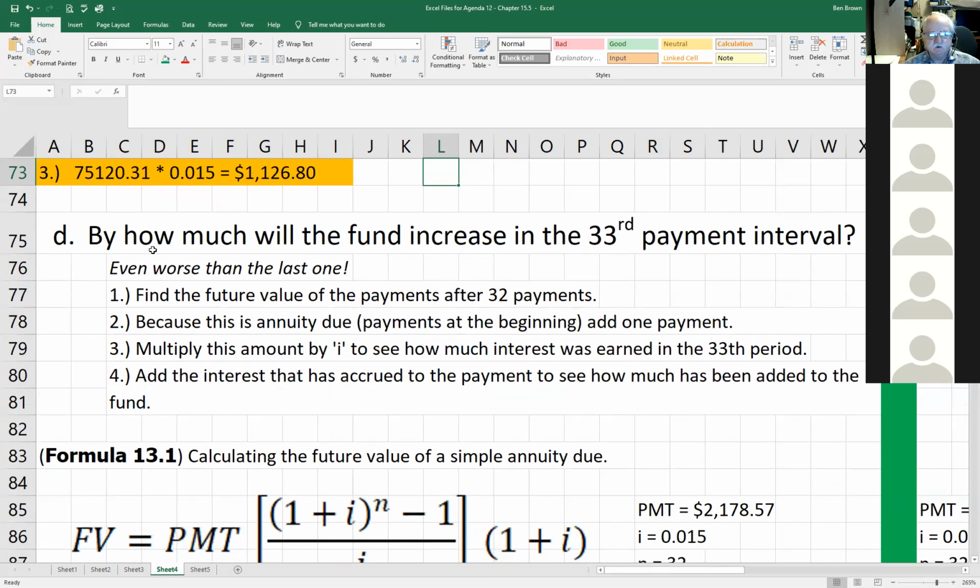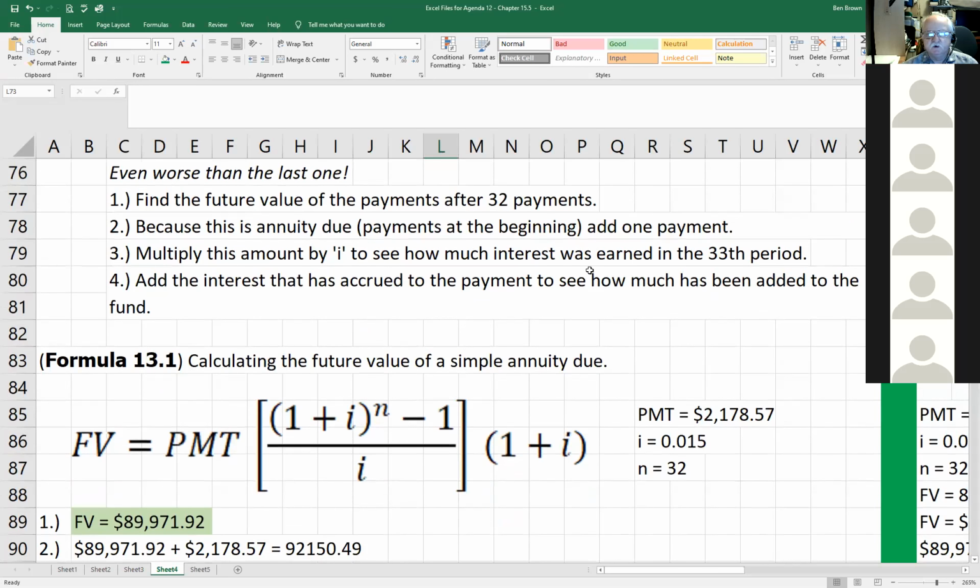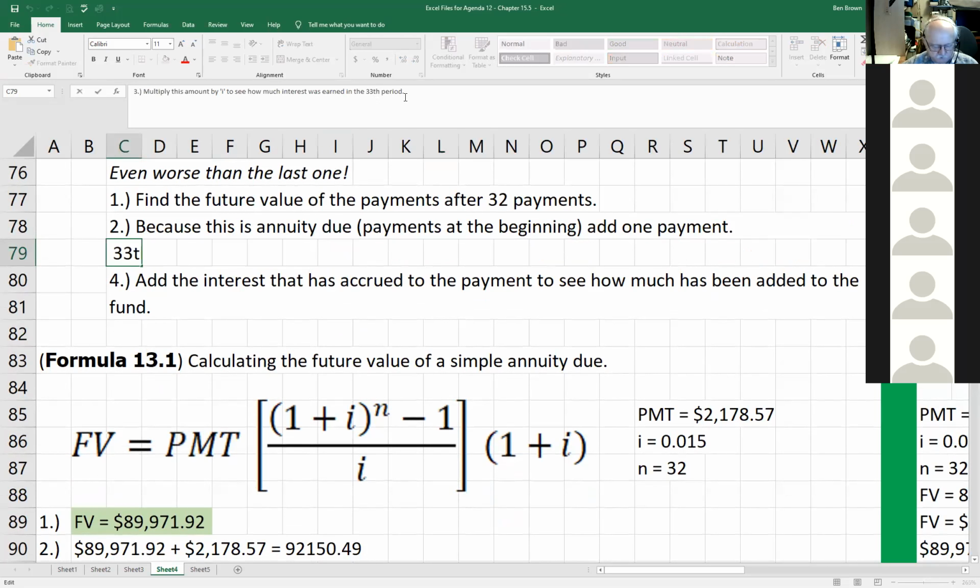And then they've asked us, by how much will the fund increase in the 33rd payment interval? And this is even worse than the last one. This becomes a 4-step process. We're worried about the 33rd payment interval, but we have to find the future value after 32 payments. Because it's annuity due, we add 1 payment. Then we multiply this amount by i to see how much interest was earned in the 33rd